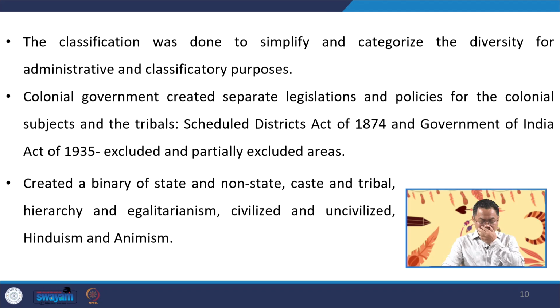Now, an important aspect of this schedule is that it resulted in what today we commonly refer to as indirect rule in many of the tribal areas, in the sense that no legislation will be directly applicable to areas which are designated as a scheduled area by the law. Even under the Constitution of India today, areas which are governed under the 6th Schedule in particular have a lot of provisions in terms of protecting the culture and political interests of the tribal communities.